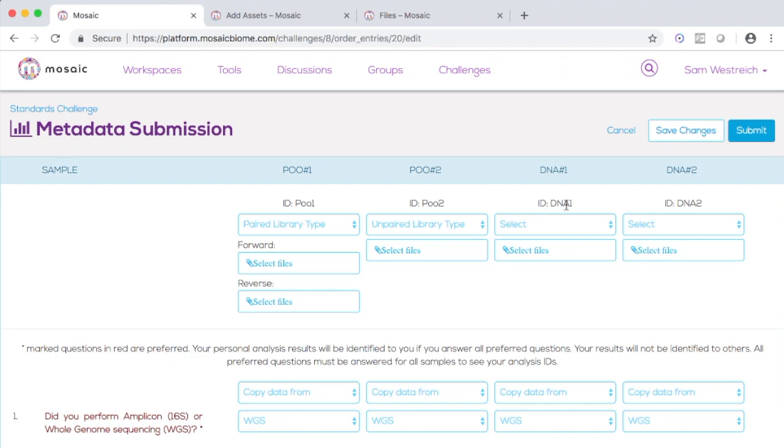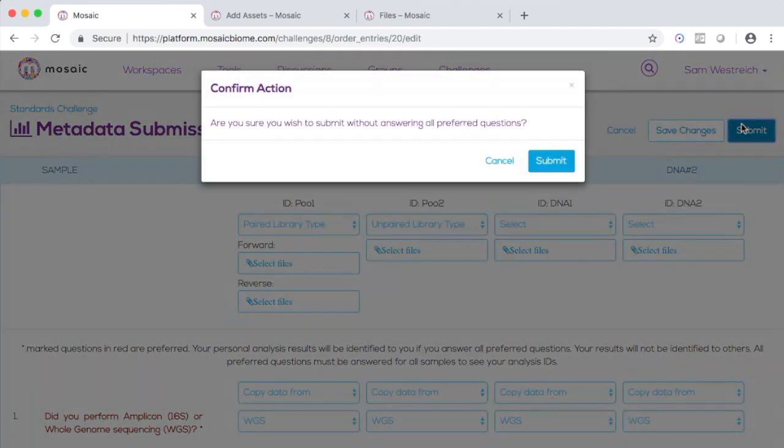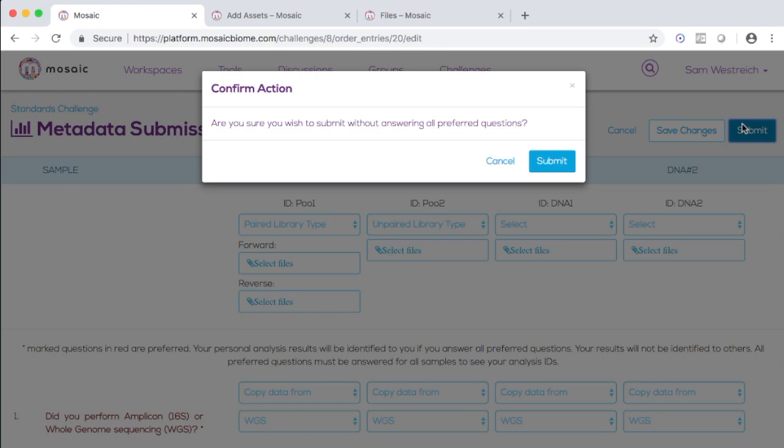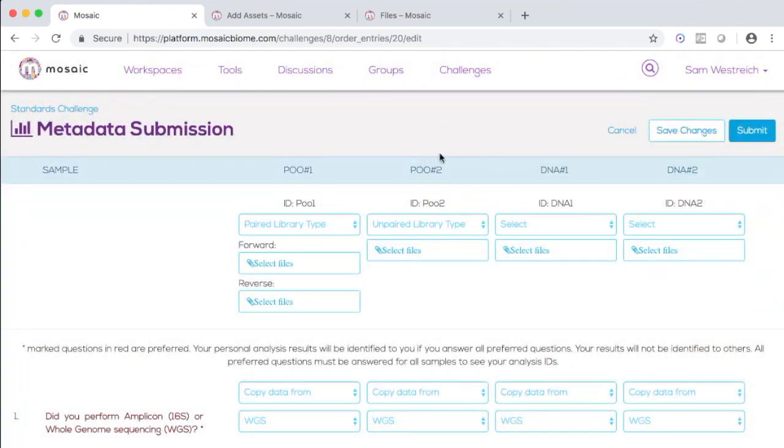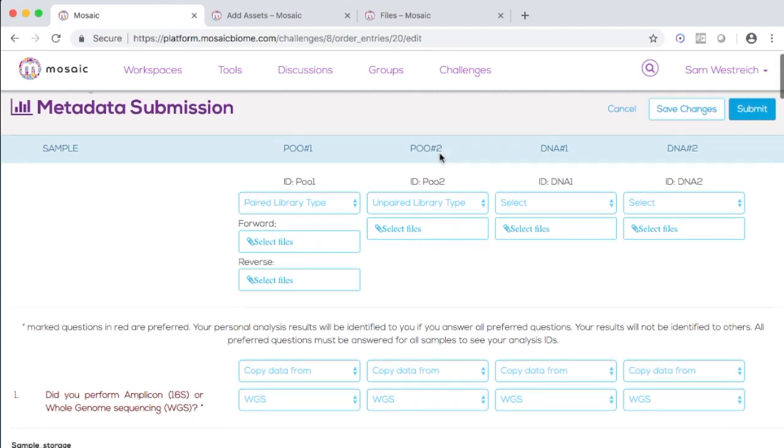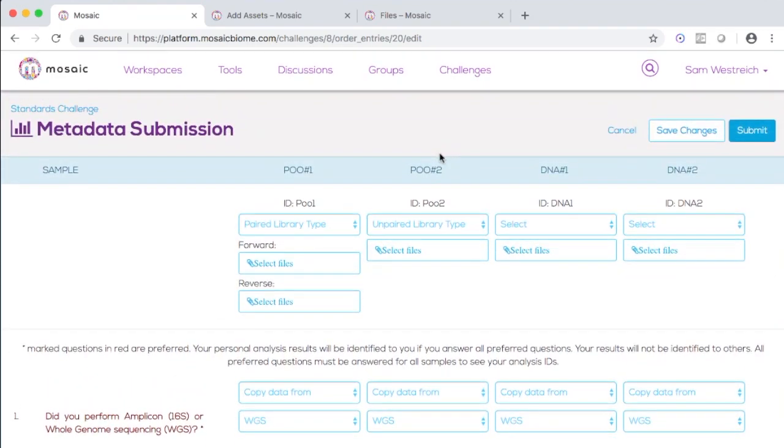Once you have completed all of the fields, you can click this Submit button. When you click this, if you have not completed all the preferred questions, you will see a prompt to confirm that you wish to submit without answering all of the preferred questions. Remember, you cannot return after submission to answer preferred questions. You must provide all your answers before you click Submit. I am not going to make this submission final because this does not have all the answers and this is not the true submission. But once you click Submit, your files will be processed and you will soon be able